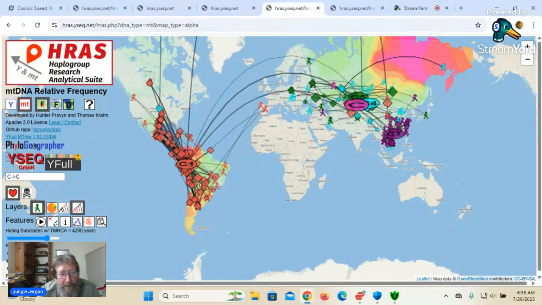This is going back, according to them, 4,200 years ago. But it's amazing that you have all this activity and nothing crossed Beringia. It's even going back to Europe from South America. But these might be post-Columbian or not pre-Columbian, but still you have all this activity and nothing crossing Beringia